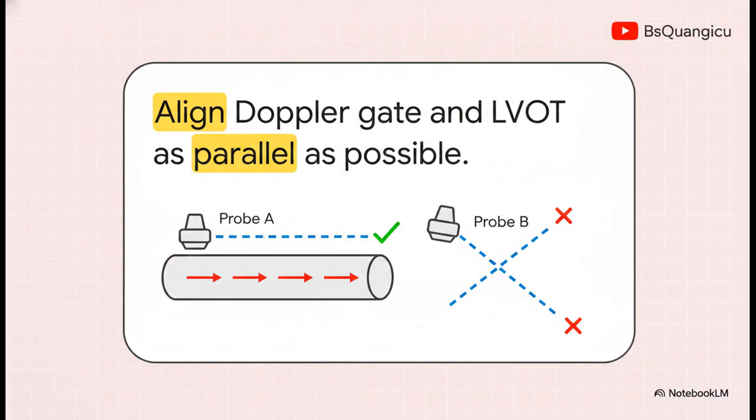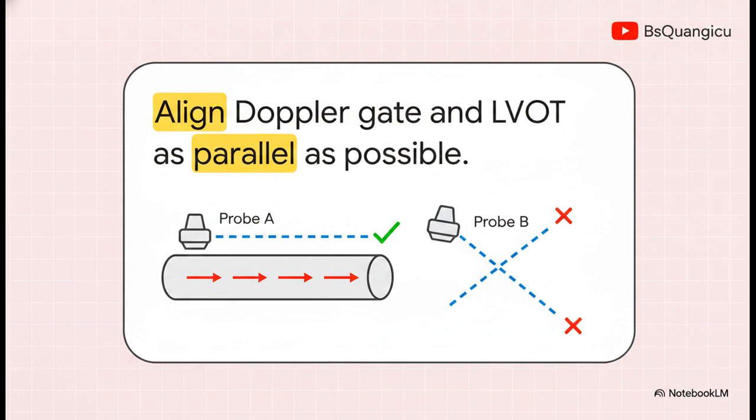But listen, the material stresses this next point absolutely heavily. Ultrasound physics relies on angles. Your Doppler gate and the blood flow must be as parallel as humanly possible. If your angle is off, you risk artificially lowering the measured velocity, which means you are severely underestimating the patient's